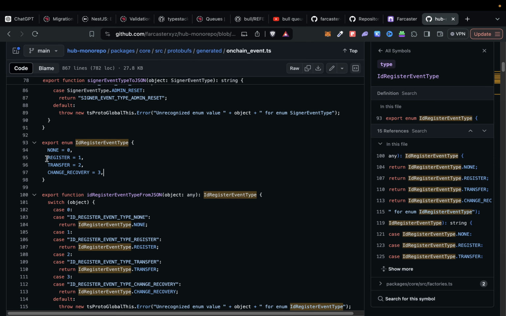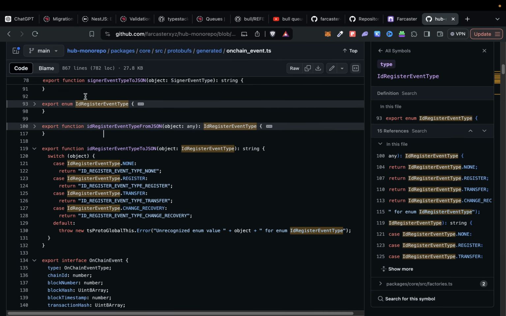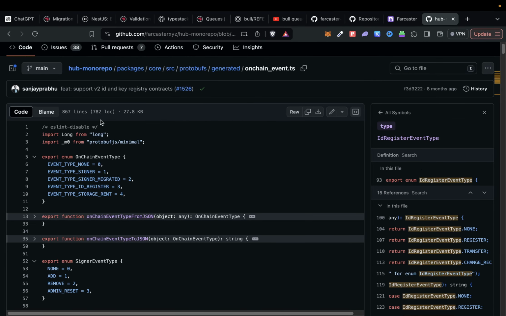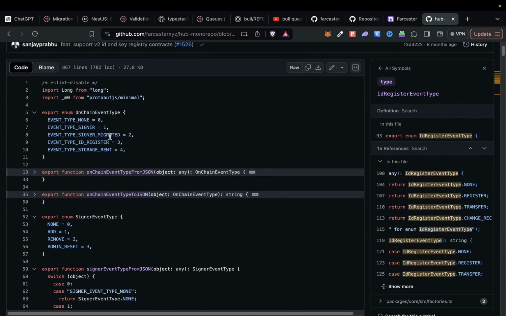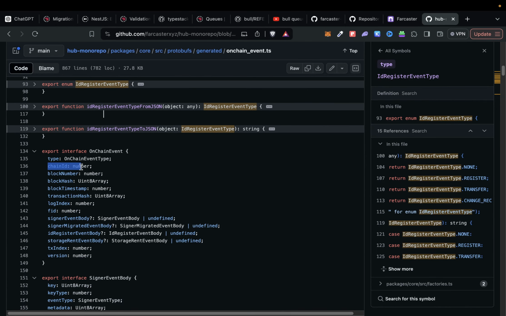Okay, so if you registered a new FID, if you transferred an FID, if you recovered a particular FID, those are the event types that this module keeps listening to. On-chain event type, the type that we just saw, which is your signer migrated, ID registered, and storage rent, based on the particular chain, block number, block hash, like a bunch of blockchain related information, transaction hash for the on-chain event,